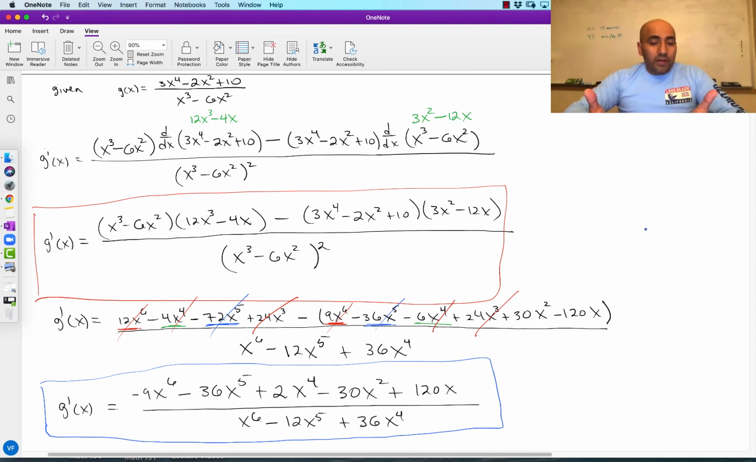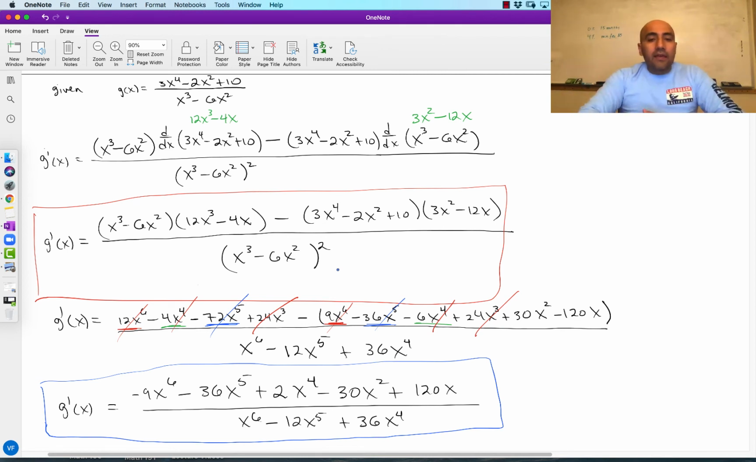So I prefer the red box. It's a good answer, and it helps us. In many cases, it's good enough just to find it in this format. In some cases, we might have to keep going. So for example, if you're asked to find the second derivative of g, well, it would be hard to move forward to the second derivative with this one because we have to apply this quotient rule again, low d high